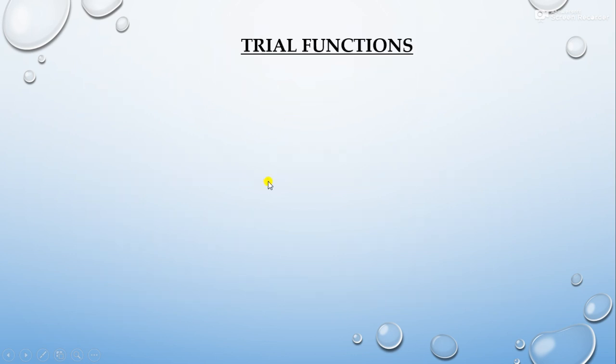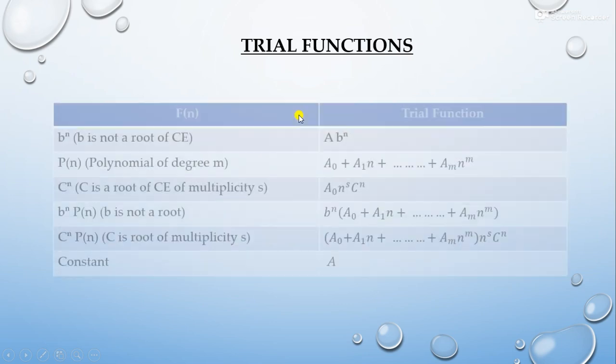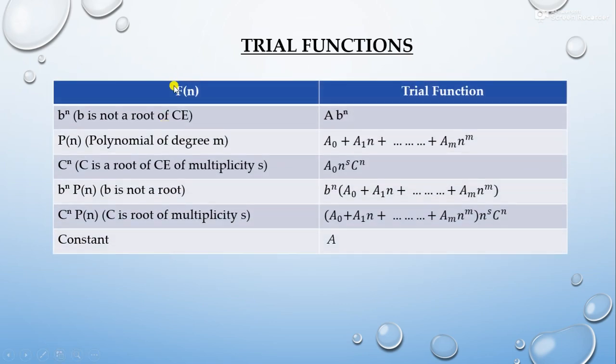So first of all, for this we need the trial function. What trial functions do we have? If our Fn is like b raised to the power n, where b is not a root of the characteristic equation, what do we assume as our trial function? We assume our trial function is A b raised to the power n, where A is a constant. So we assume this trial function if the right part of the non-homogeneous recurrence relation is of the type b raised to the power n, where b is not a root